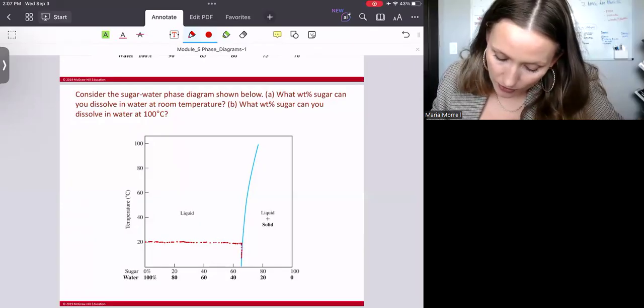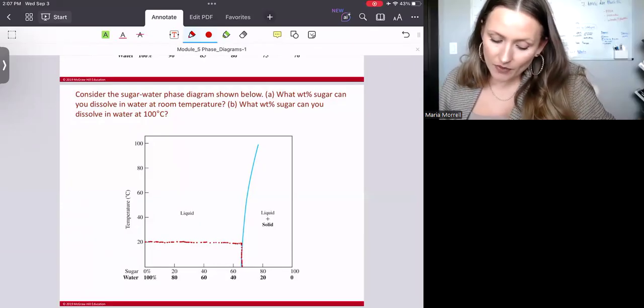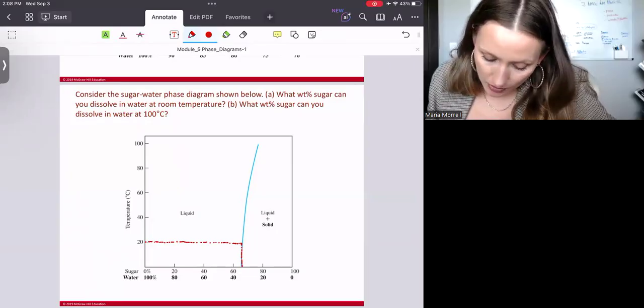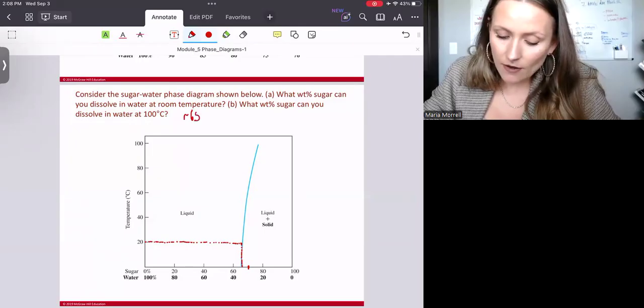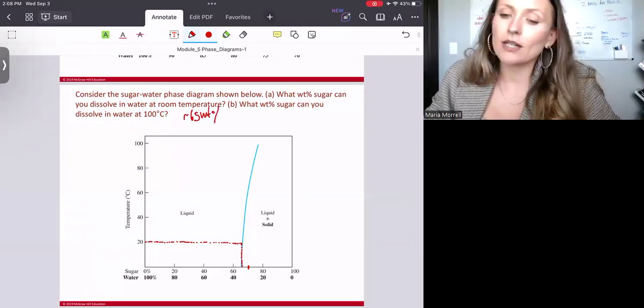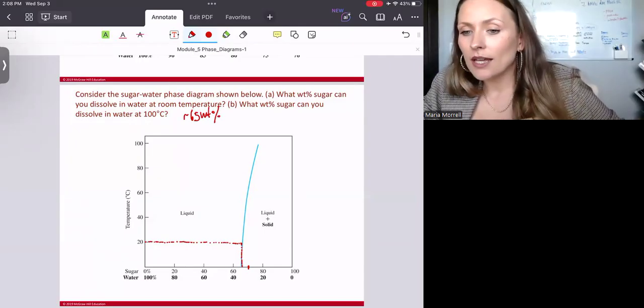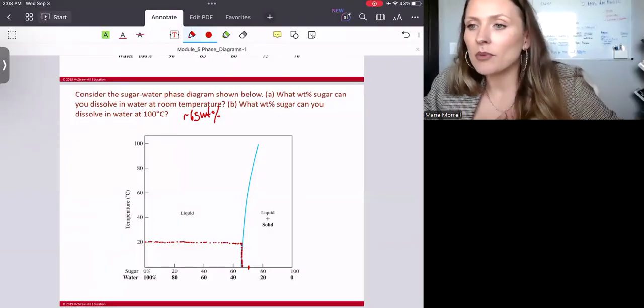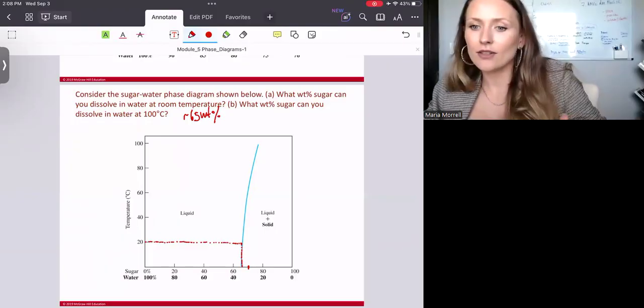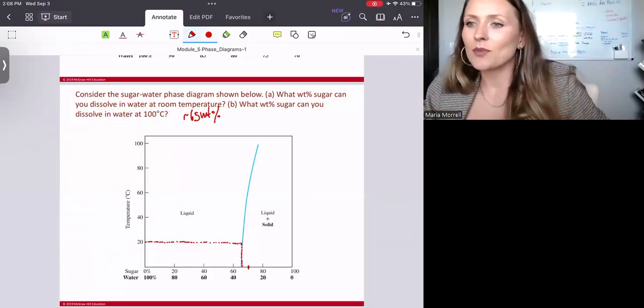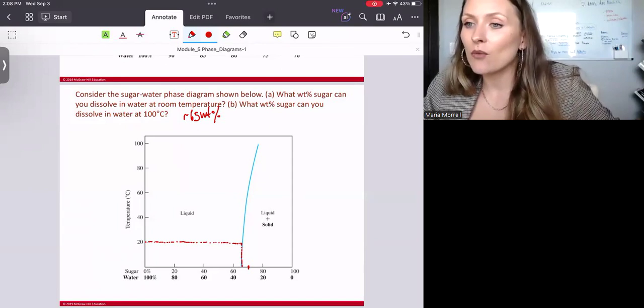If this is 70, perhaps it's roughly 65 weight percent. My number may be a bit different from yours because I'm doing it on the screen and my lines are a bit crooked, but roughly